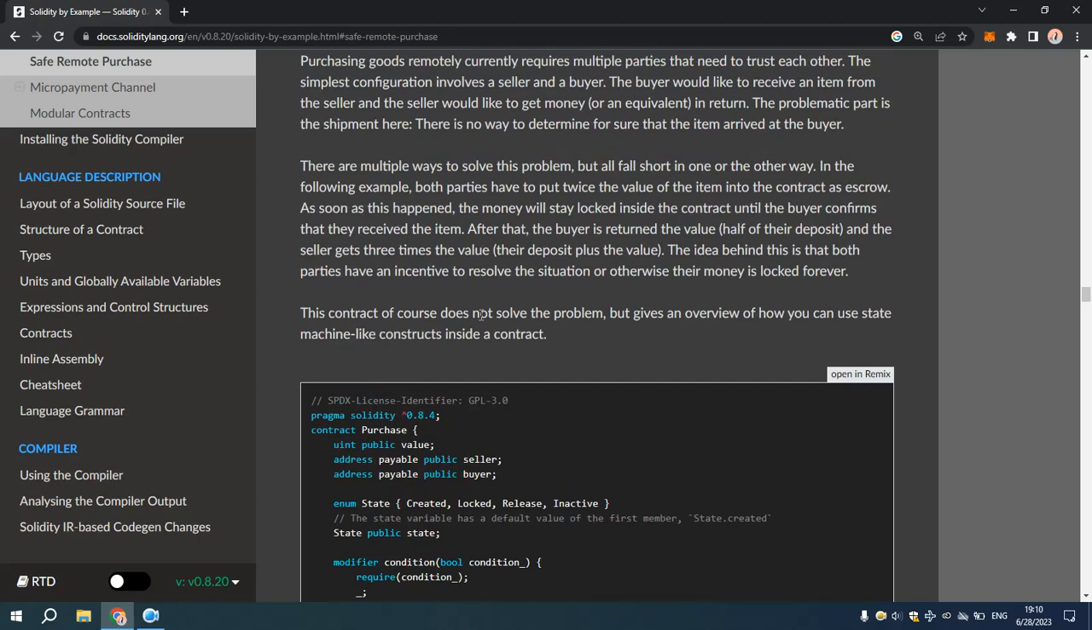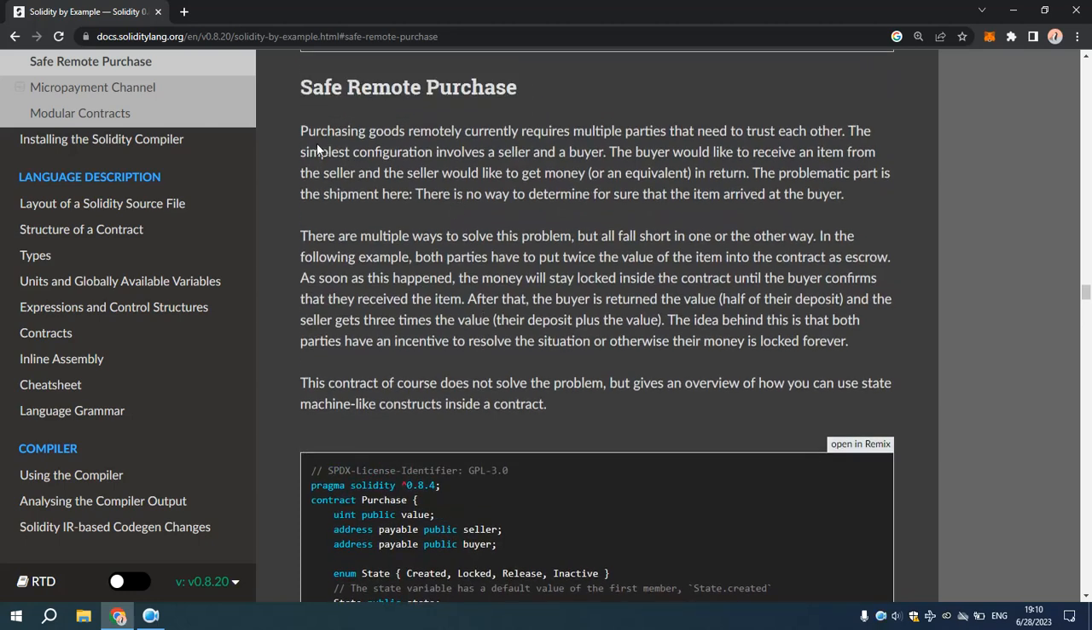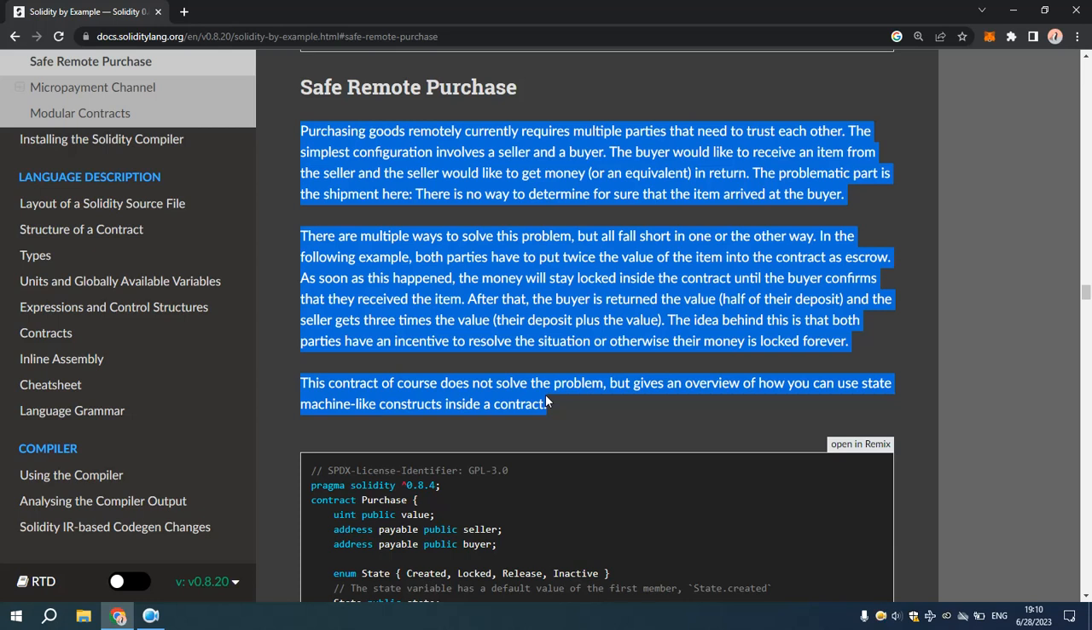What it says basically in this description is that we are going to implement a purchase contract, but to do this we have a problem, which is about confirming whether the buyer has received the product or not. So the concept that this contract will use is that the seller